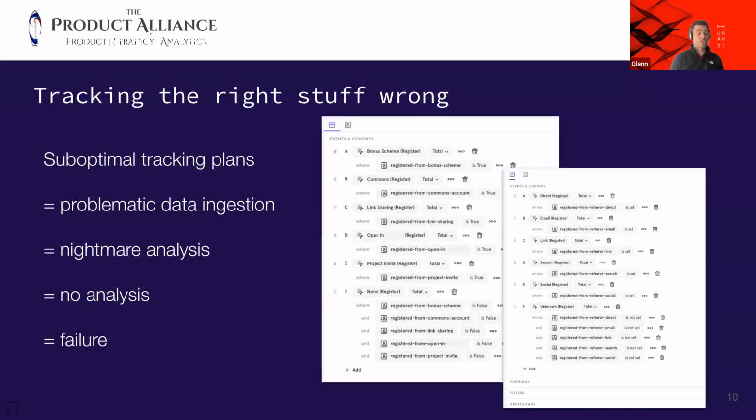Well, unfortunately, it's not true. The only thing this person was looking into was figuring out how many participants registered and what the source medium combination for that registration was. So basically, what they were looking into was breakdowns. Now, the challenge was that they were tracking the right things, but they were tracking it wrong. Their tracking plan, as we call it, was completely suboptimal, which means that the data gets ingested in a format that requires you to recompile things in order to get the insights out of it.